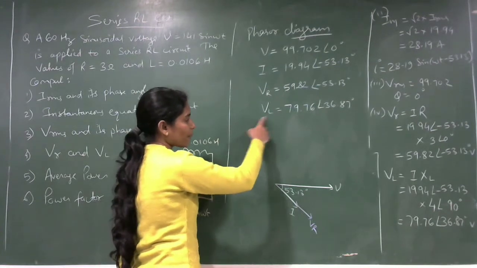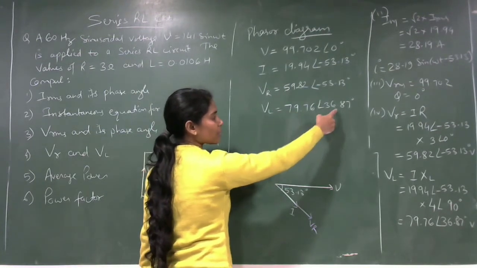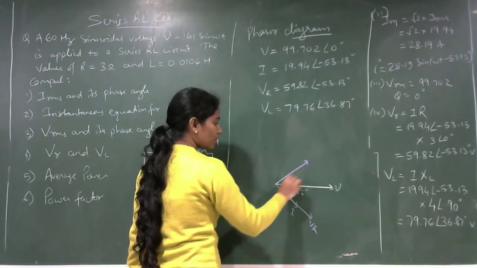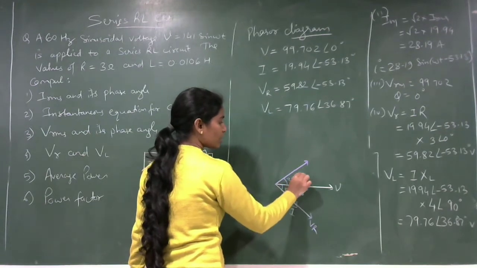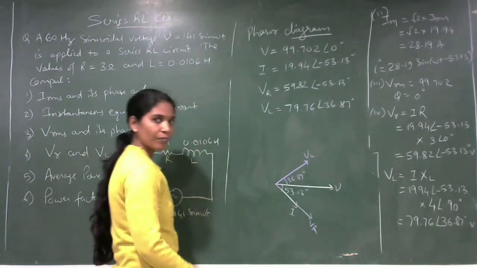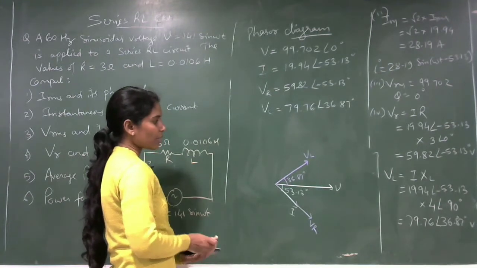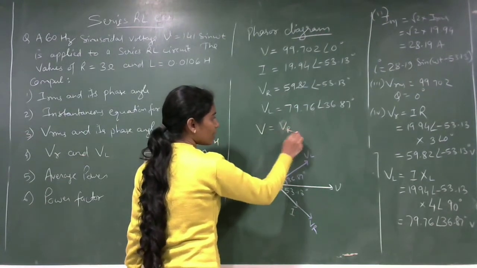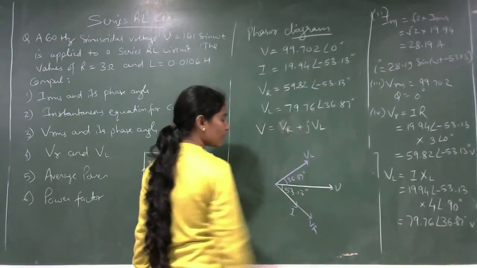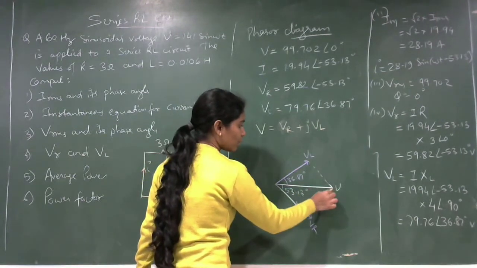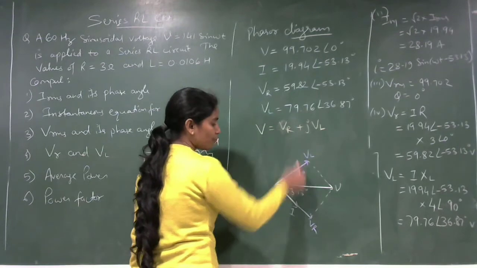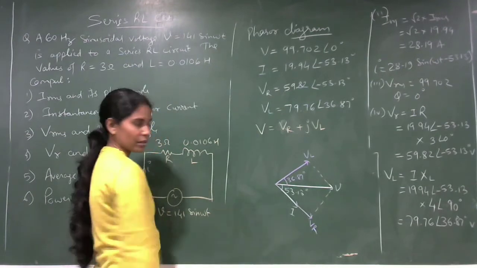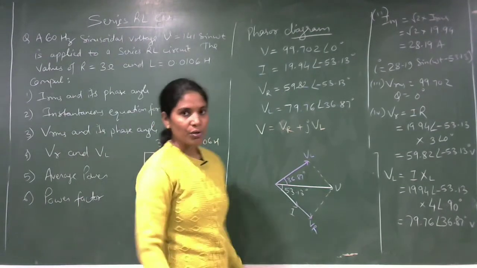Right? What is VL? That has a magnitude of this much with angle 36.87. So it is a positive angle. So I am taking it like this. This is 36.87 degree, and this represents the VL term. Okay, so this is about the phasor diagram. And what is V? We know that V is the vector addition of VR and VL, that is VR plus jVL. So we can show that this is the resultant of VR and VL. Okay, so if the question asks to draw the phasor diagram, you can draw it like this. Right? So this is the complete solution for this numerical.